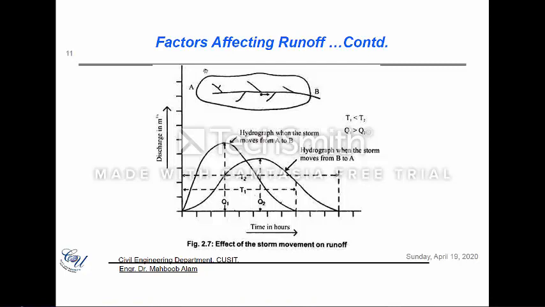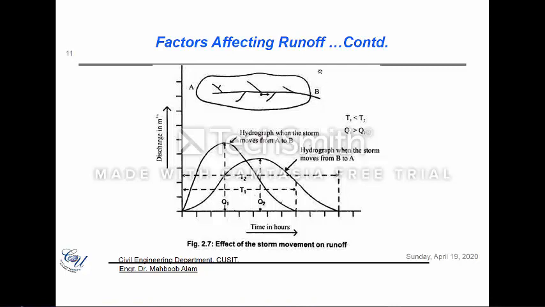The storm was initially here, precipitation occurred, the water is accumulated into the streams and then into rivers, and it is moving in this direction, and at the same time the cloud is also moving in this direction, and when the precipitation occurred here, it came out of the catchment in this direction,